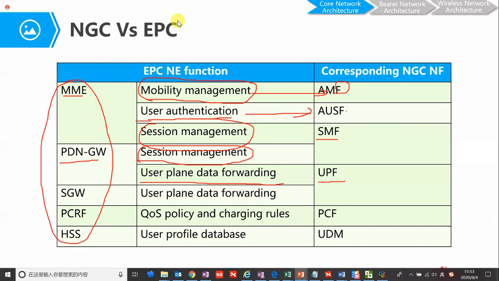For 4G, all network elements are divided into each function.